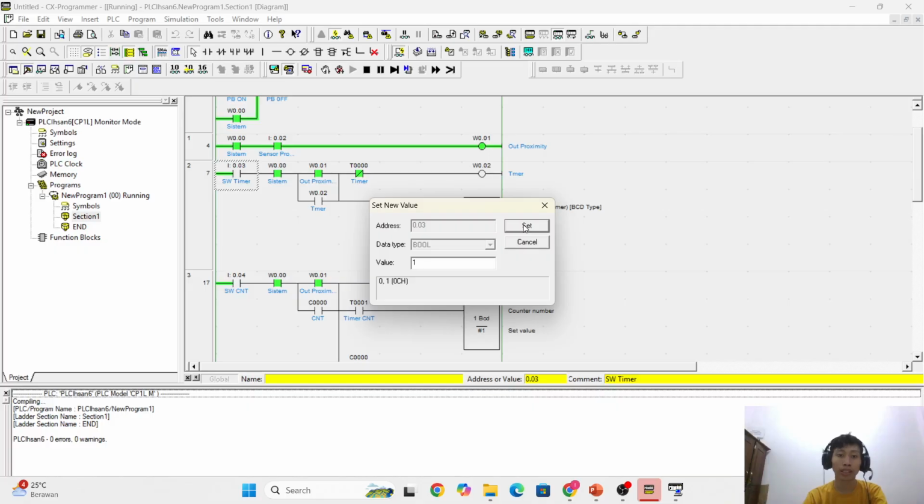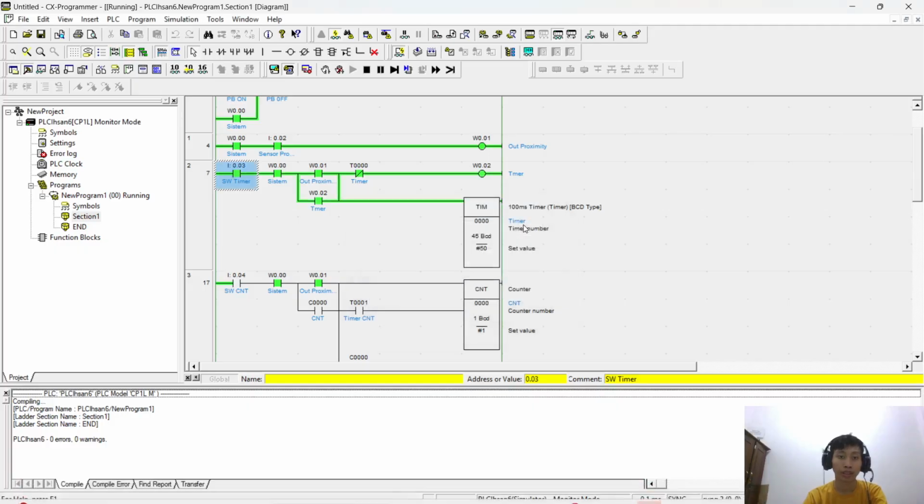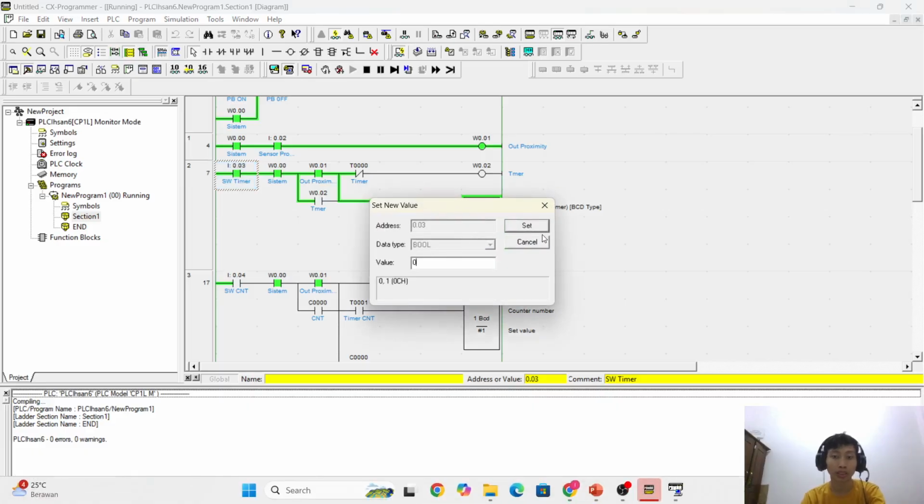If you turn it on, the timer, now you will see the instruction of the timer. When the SQ timer is on, it goes to coil and goes to the instruction. Is it again? Sorry,